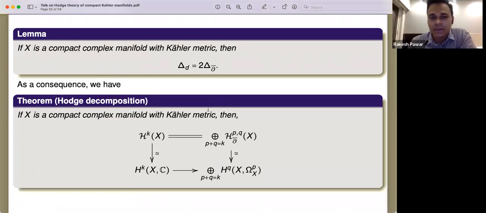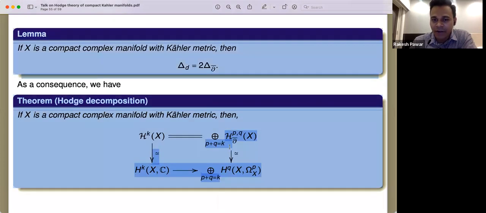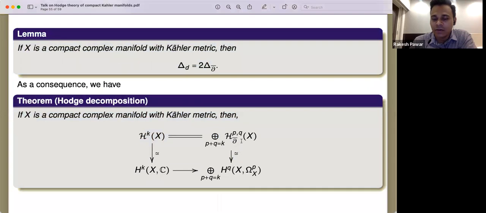And so we just put it together. What we got is that we identified singular cohomology with complex coefficients via harmonic forms, which are decomposed because of the Kähler structure. And we identified this vertical thing by Dolbeault cohomology using the complex manifold structure. So we got an isomorphism between H^k(X,C) with this decomposition. This is exactly the Hodge decomposition theorem.